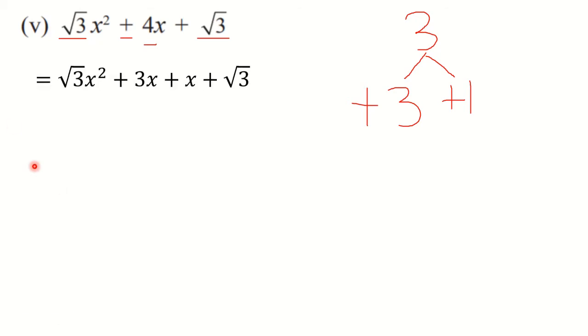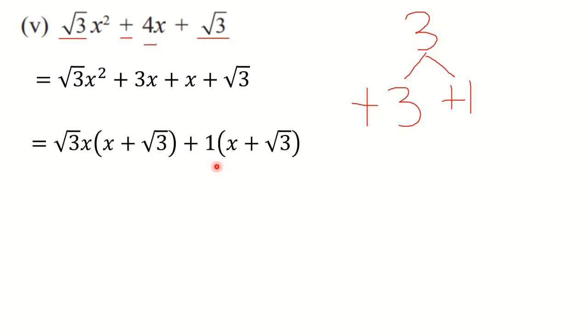Now let us write down the next step. You know that the first term we are writing as it is, the last term we are writing as it is, and we are splitting the middle term. So you can see that this plus 4x is split as plus 3x plus x. Now you know that the next step is taking out common. So make a group of these two terms and make a group of these two terms. Here you can observe that root 3 is common, also variable x is common. But here nothing is seen common, so in this case we are going to take out 1 as common.